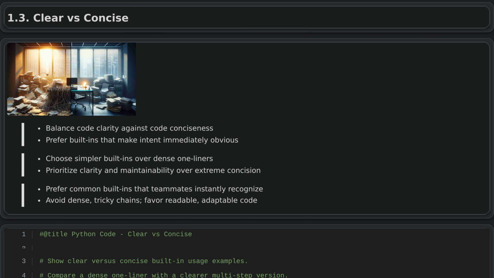Clear versus concise. When choosing whether to use a built-in feature, you are balancing clarity against conciseness. Short, compact code can look elegant, but it is not helpful if others, or your future self, must mentally unpack or test it just to see what it does. Good code makes its purpose obvious at a glance, without needing to reconstruct the logic step by step. So, use built-ins not just to shorten code, but only when they also make the intent immediately clear to someone